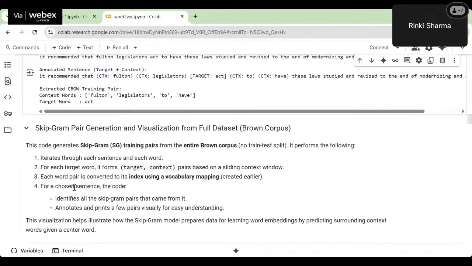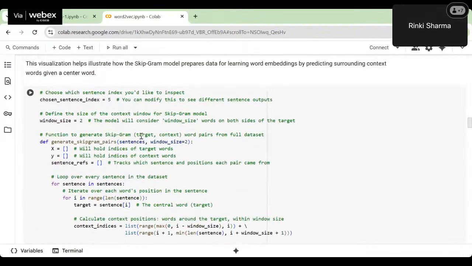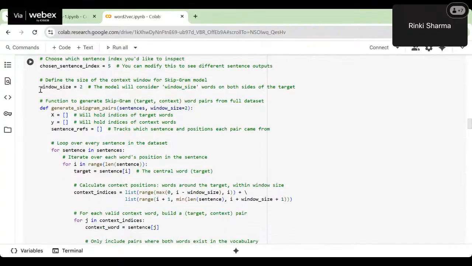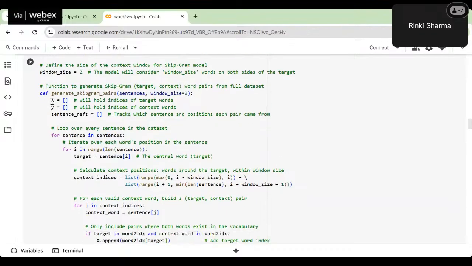Now we generate our context and target pair for the skip-gram model. Here we have chosen the same sentence and the same window size 2. We have defined 2 variables, x and y. The x variable holds the target word. The y variable will hold